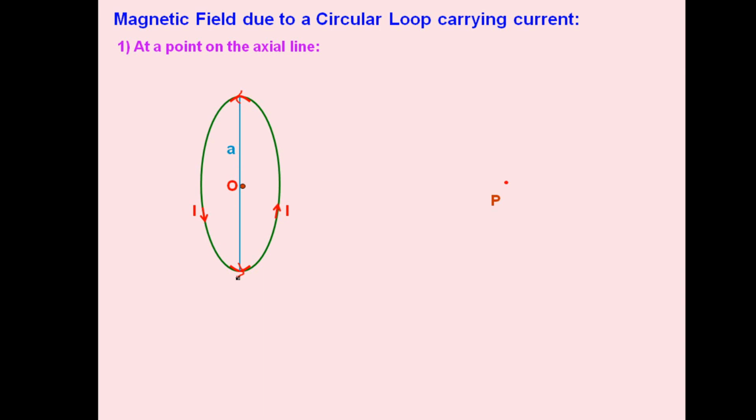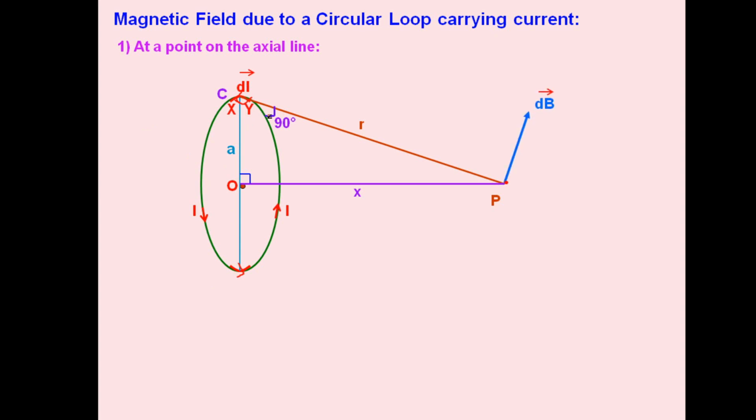Then this is the point P on the axis at distance x. At point P, we have to find the magnetic field. So at distance r we have to find it, and it is in such a way that this distance r is at 90 degrees here, as well as from this portion xy, which is of length dl, it will be making 90 degrees. Then the magnetic field will be perpendicular to the radius, and if we draw the angle phi here, we will have two components. This dB is resolved as dB cos phi at angle phi and dB sin phi perpendicular to the first component.